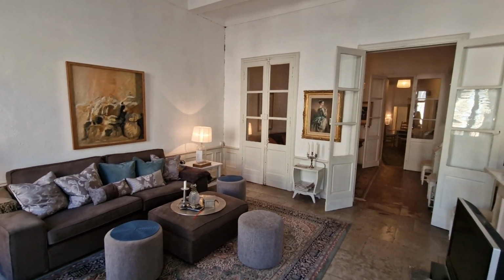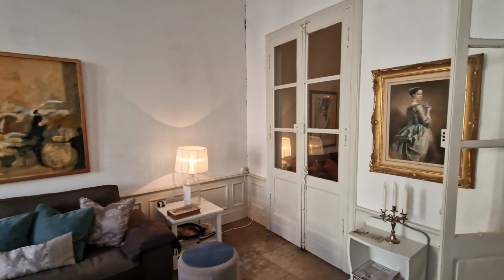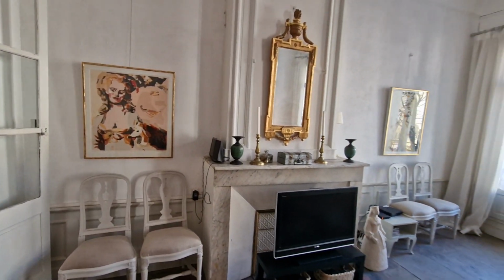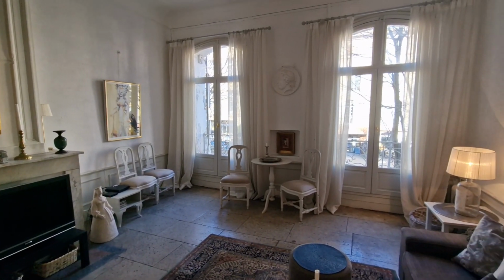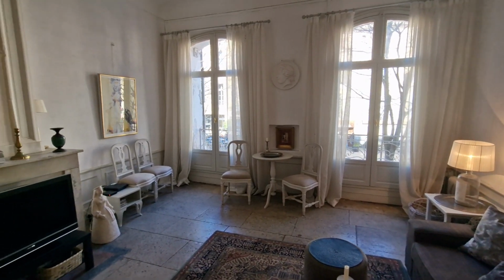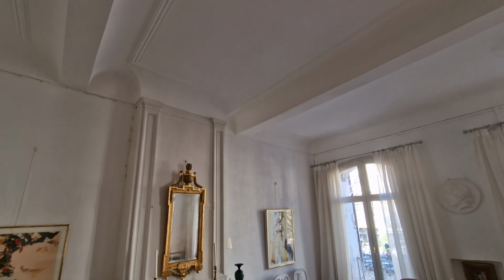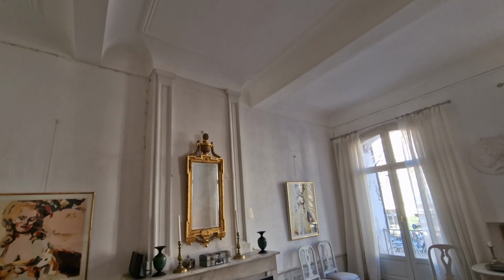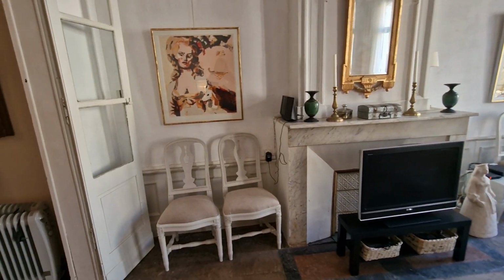This is the main living room. I'm just going to walk through and show you the fireplace as well. It's a very elegant apartment. Beautiful, tall windows letting in quite a lot of light. And the ceilings are quite high. You have moulding on the ceilings. Very nice indeed. So this is the main living room, and just to the left here through the glass double